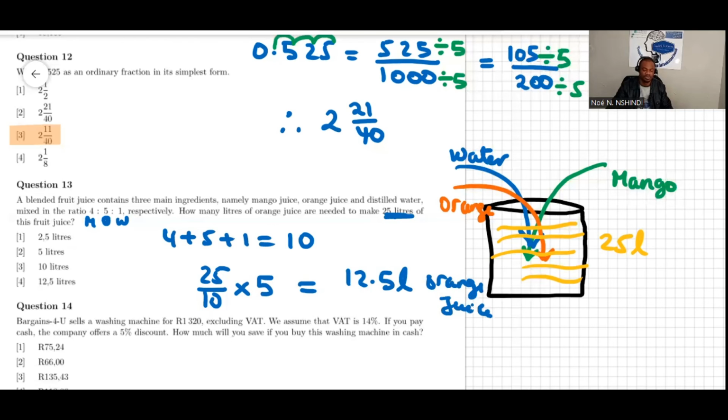So this is alternative 4. If you're unsure, you can check in the calculator. It's 25 divided by 10, which is 2.5. Then 12.5: I divide here by 5, so we are left with 2 here, and then 25 divided by 2 is 2.5. And then the following question says,